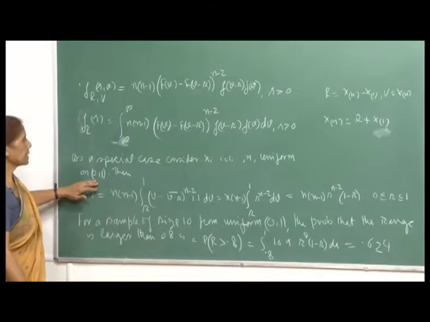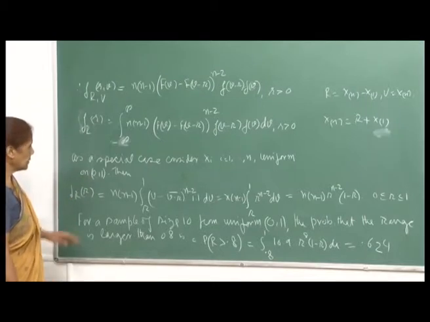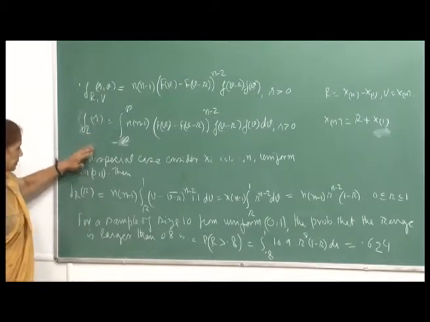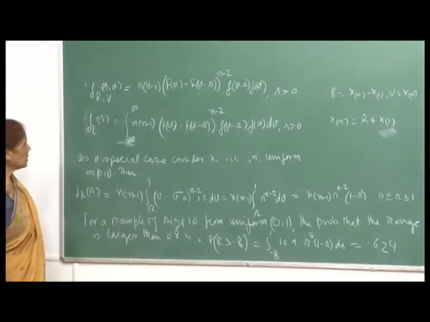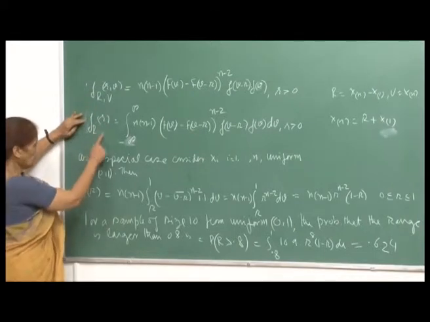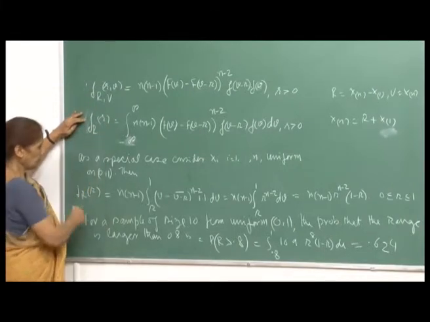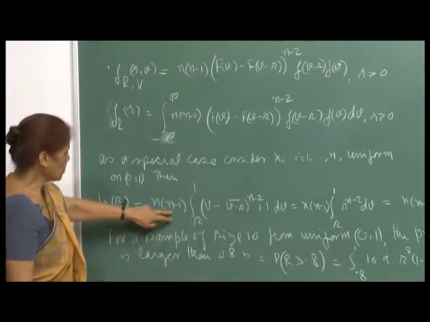So, as a special case, consider X_i varying from 1 to n from uniform on 0 1. Then this PDF will reduce to, what have I written here? Yeah, f_R(r). So I am writing this. The PDF of the range variable would reduce to n(n minus 1)